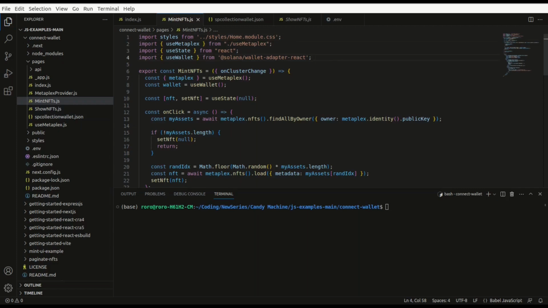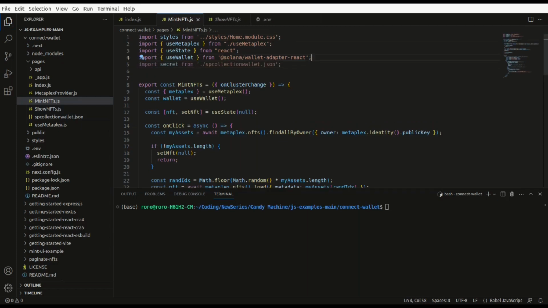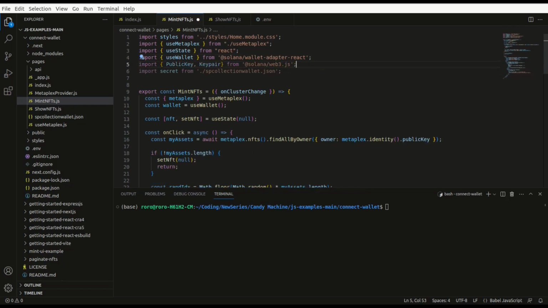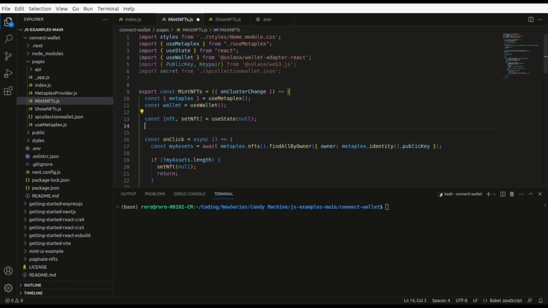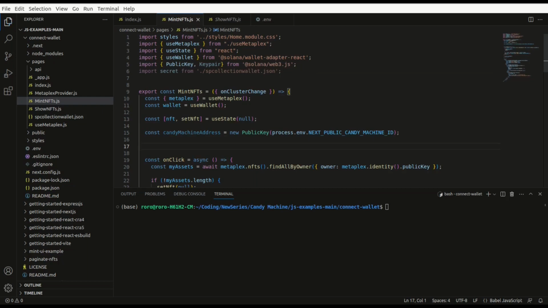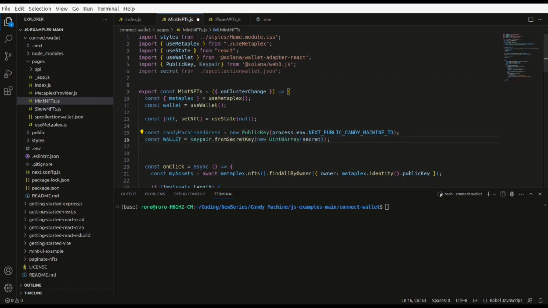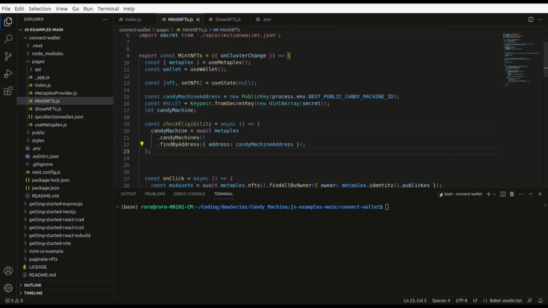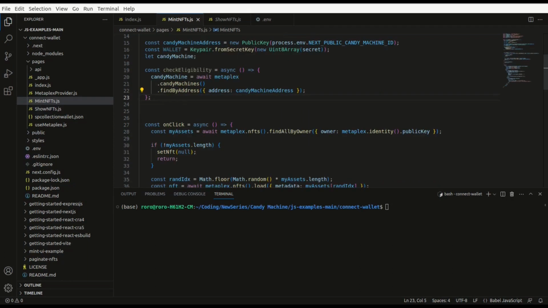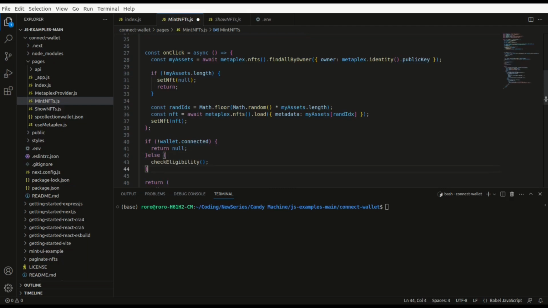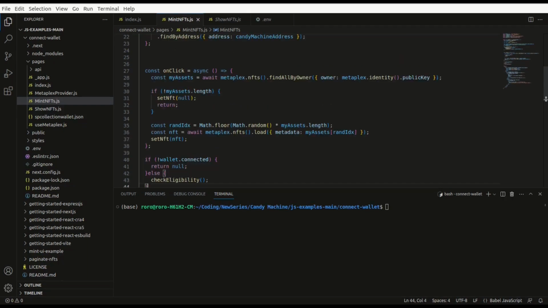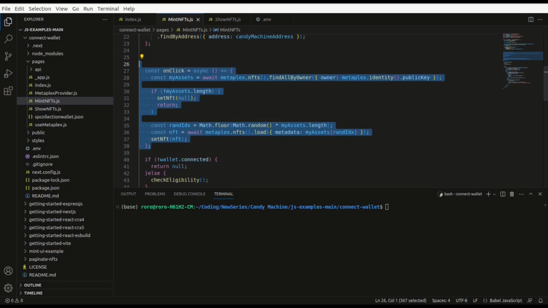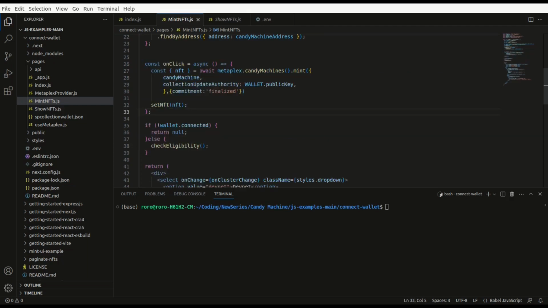Import our wallet file into a secret variable and import this function from the Solana Web3 library. Let's create our constant Candy Machine address and wallet as shown, and a variable candyMachine. Add the checkEligibility function exactly as it appears on the screen. And below it, add this condition to our code. The only thing left is to replace the entire onClick function